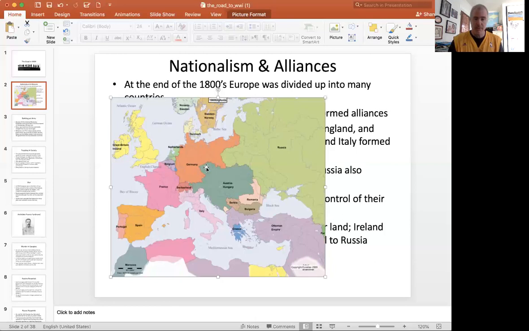The Germans and the Austrians decided that the Austrians should take control over this land that you see right here. This is modern-day Croatia and Kosovo. And within the country of Kosovo is a city called Sarajevo. Remember that, okay? But this makes Russia so angry that they felt that they got snubbed, that they didn't have a seat at the table when these decisions were made.